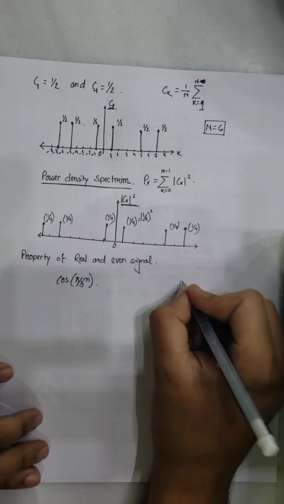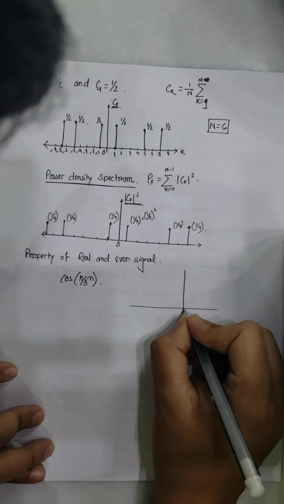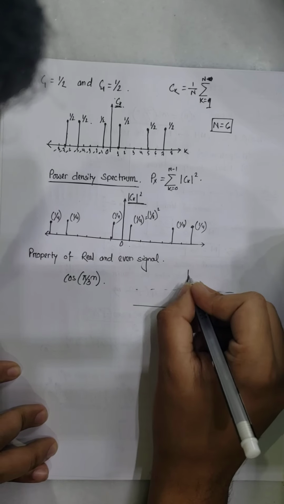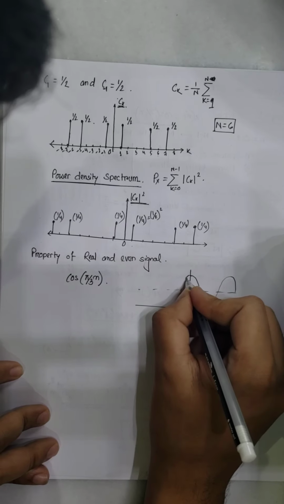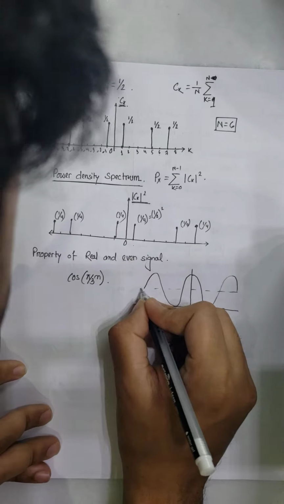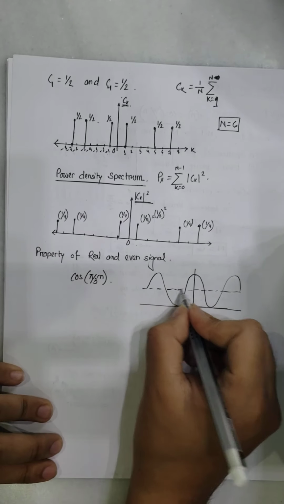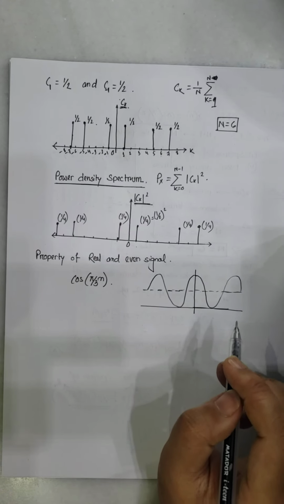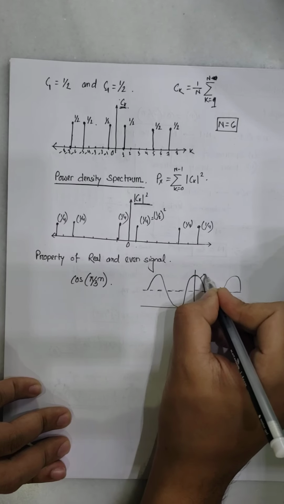So the cosine function goes something like this. Now, if this is the signal, that is a cosine function,